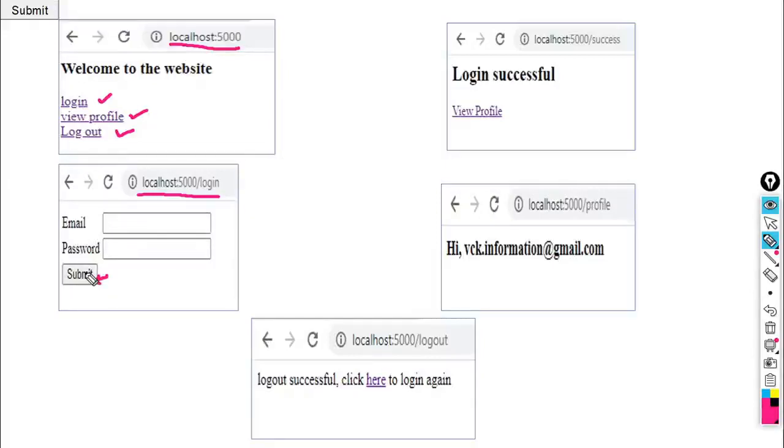When you click on the submit button, it will automatically take your control to the URL success. So this localhost success URL will be executed automatically when you click on submit, and then it gives you "login successful" if your password is correct, or else it will display an error message, your password is not correct.